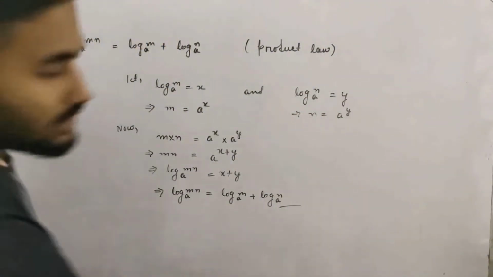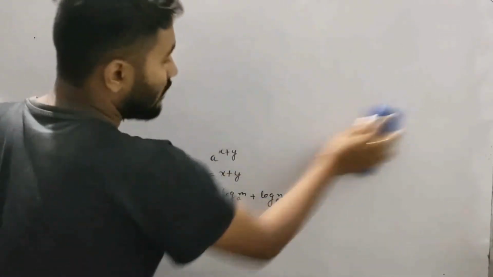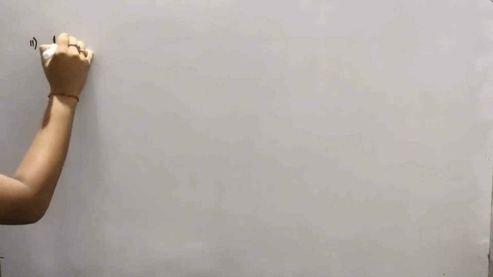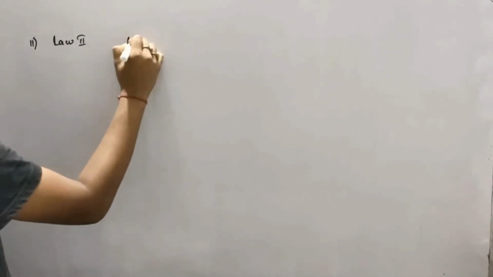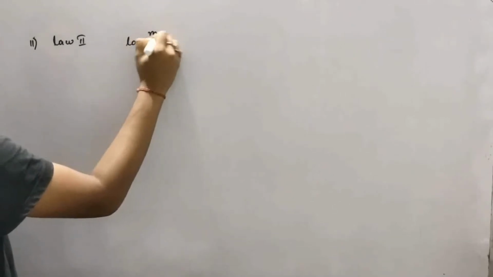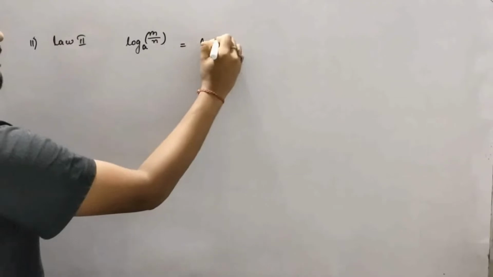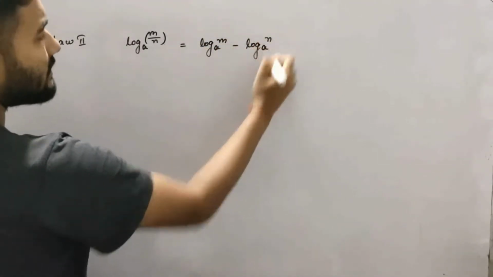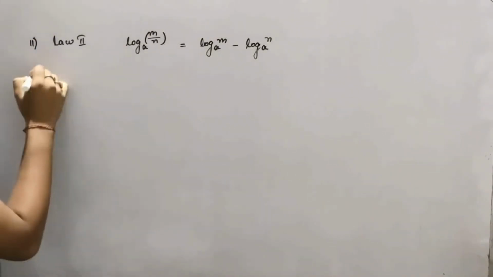Now let us see the second law, known as the quotient law or quotient formula. What was law number 2? Log m by n base a will be equal to log m base a minus log n base a. Done. You can do this one by yourself also. So the solution: